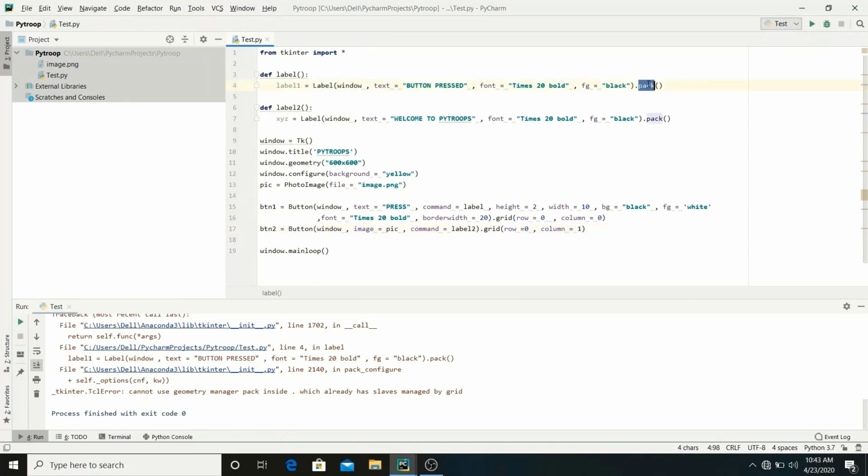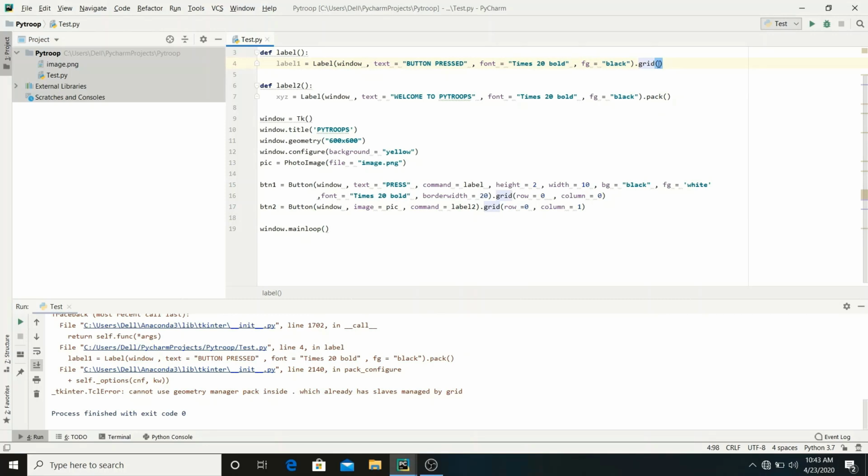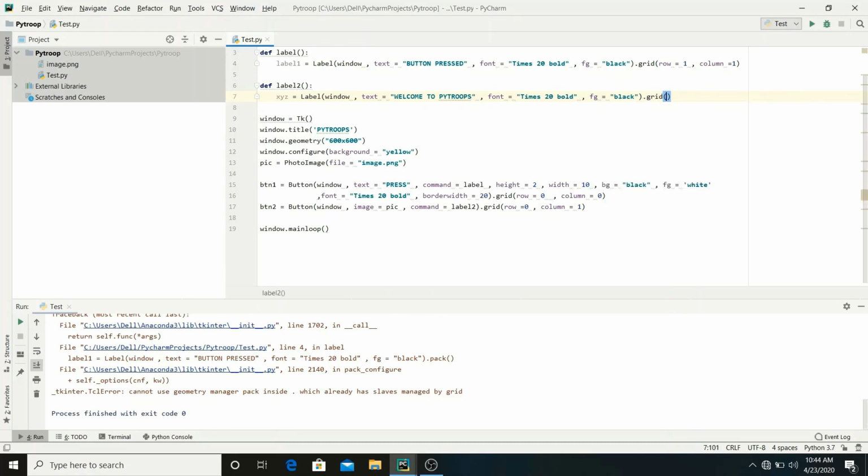So right here, grid, let's say row is equals to 1 and column is also equals to 1. And here grid, row is equals to 2 and column equals, let's say, 1.